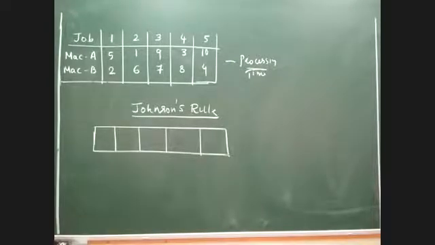So the order of the jobs should be decided purely on the basis of processing time. Now let us understand how to decide the order. That's the next question. It is a very simple mechanism. In the entire problem, identify the job which has got the lowest processing time. I am repeating it again: in the entire problem, identify the job which has got the lowest processing time. Can you please tell me what the answer is?